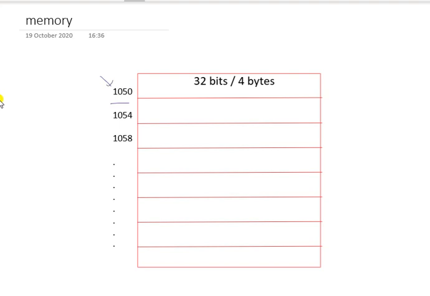1050. This is the first byte. Then this is the second byte, then the third byte, and this is the fourth byte. So this is the first, second, third, fourth. These 4 bytes have been occupied here. Then the next address will be there. This way the memory locations are arranged. You will be using these memory locations to store data here. Whenever we talk about data, that could be numeric data and that could be character data. That we'll see in the next slide.